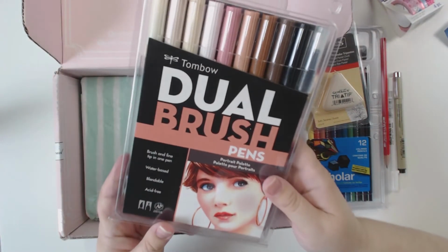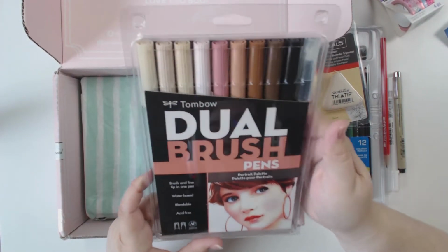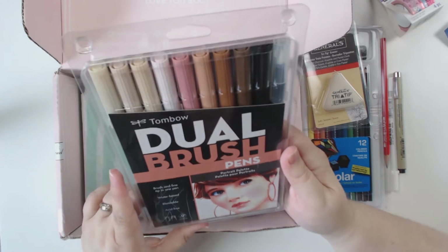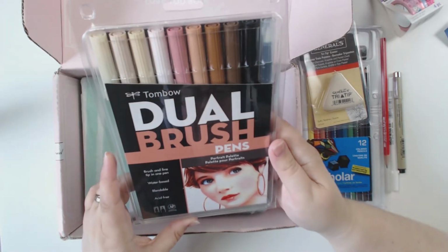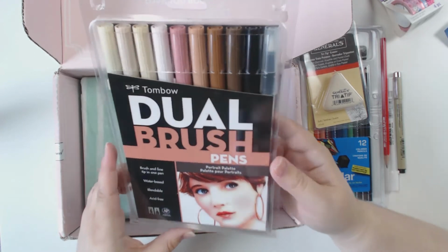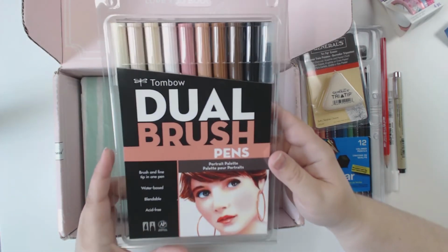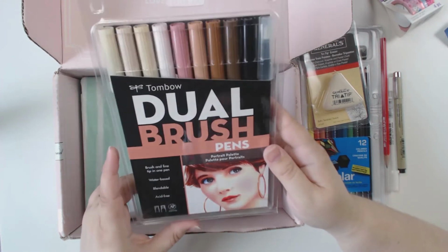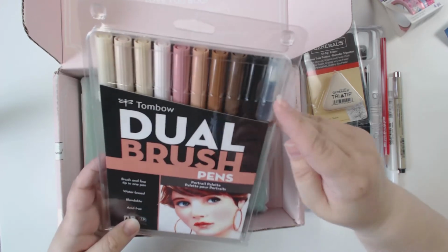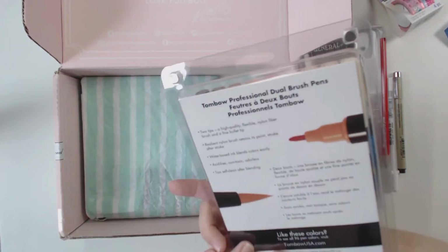Ooh, Tombow dual brush pens. I have to admit, I have seen these around in different videos and thought they were gorgeous, but they're also, I know, pretty expensive, so thank you, Drea. Wow. And these are skin tones, so that'll be really nice. I guess I will be drawing a person for sure, because I want to make the best use of these I can. Looks like they even come with a blender. And it says they're blendable, so...